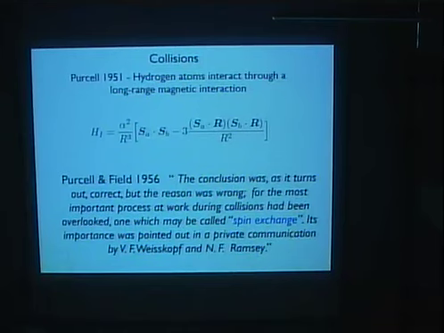However, a few years later, talking with Victor Weisskopf, Norman Ramsey, and other investigators down at Princeton, they realized there is actually another effect, which is now called spin exchange, which is much larger than the effect coming from the magnetic interactions. And so the first paper on this quantity, the role of collisions in the 21 centimeter line, was given in this landmark paper in 1956.